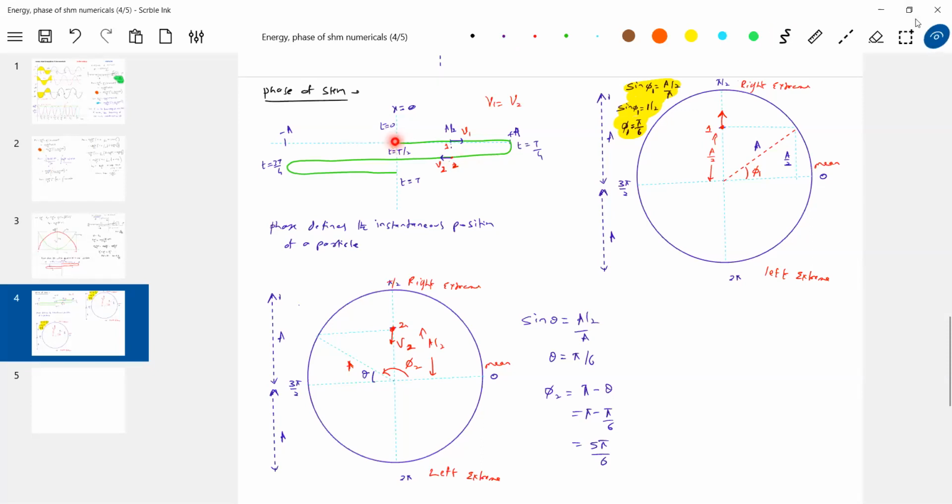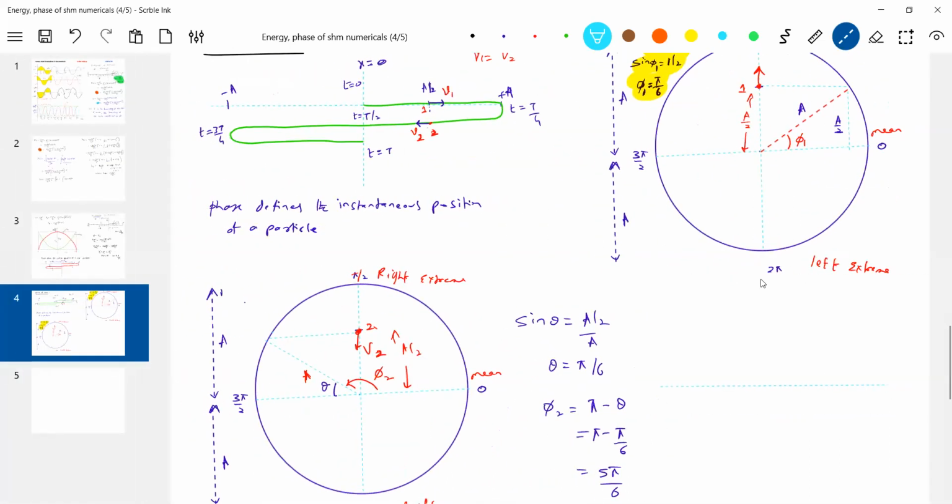So shall we put the phase like this, 0 phase? It increases, pi by 6 somewhere here, pi by 2, then further increases to 5 pi by 6, pi, 3 pi by 2, then 2 pi. Getting the idea? Listen. So the same graph now we will use for showing the phase of a particle. That will be much easier for you.